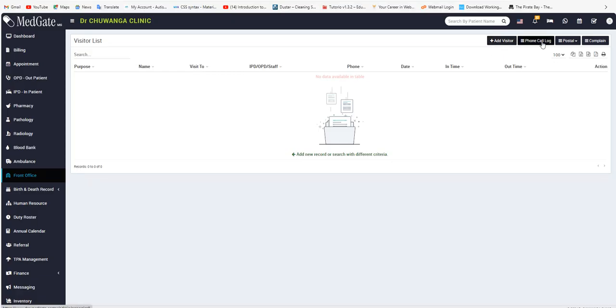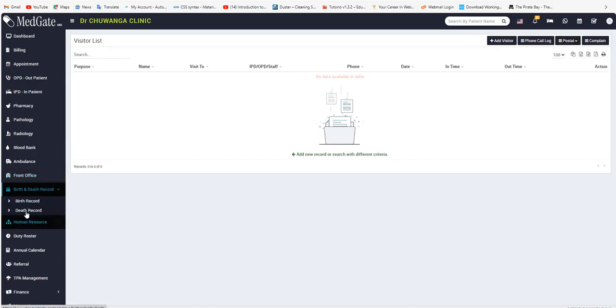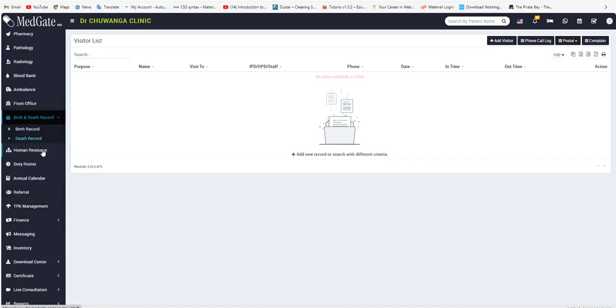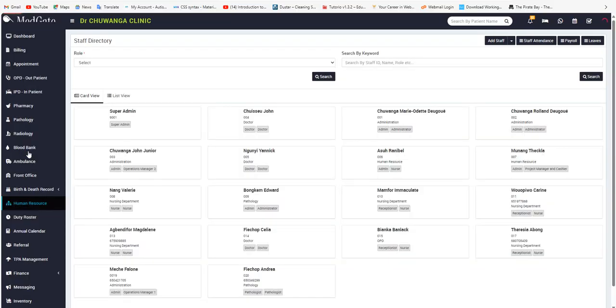And then you can also record calls that come to the hospital, alongside emails or mails that come to the hospital. And you could record complaints that people give to the hospital. Then we have here a birth and death record, which you could use to register any new birth or any new death that occurs in the hospital, alongside with the human resource section,